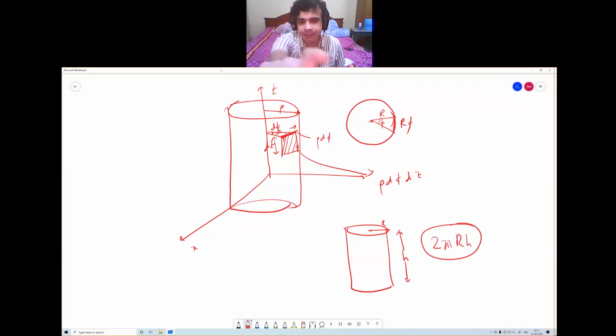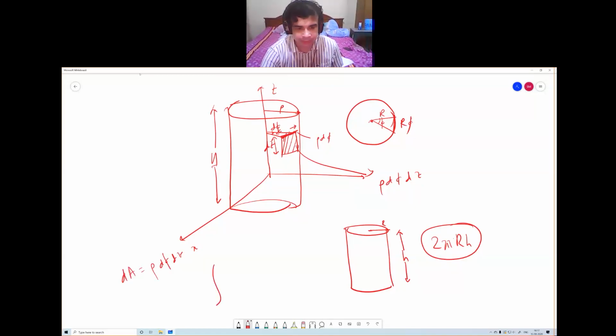Here, let us take this example. This is a cylinder. Let us assume the height is h. So this small area dA is rho d phi dz. Now for the entire cylinder, z is varying from 0 to h, phi is varying from 0 to 2 pi. Rho is constant along the surface, so it comes out. So if you integrate, rho h 2 pi, same as this one.